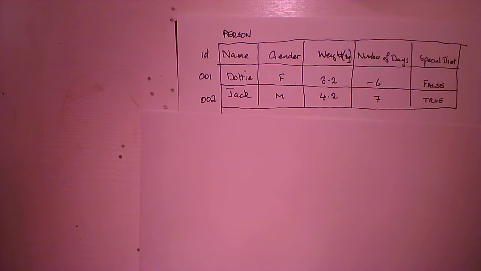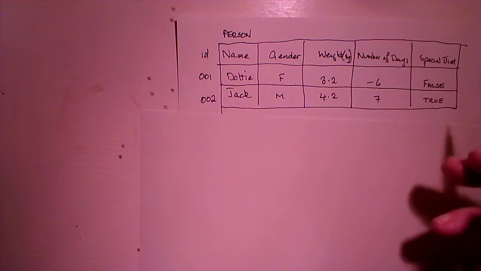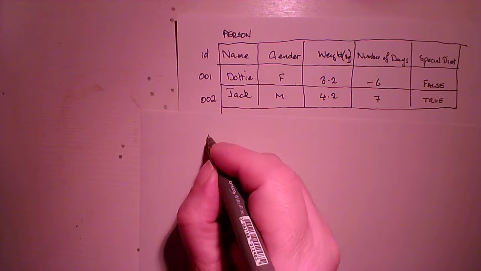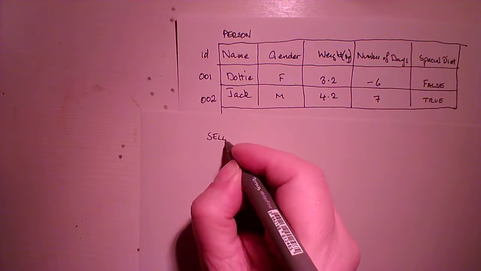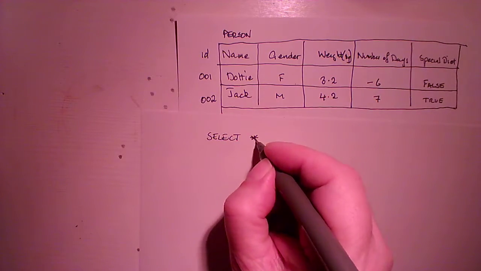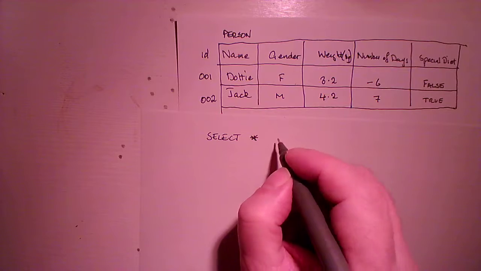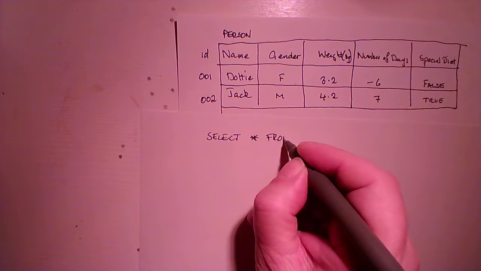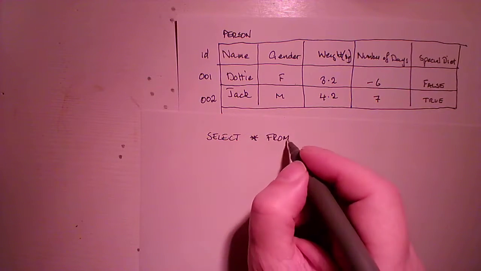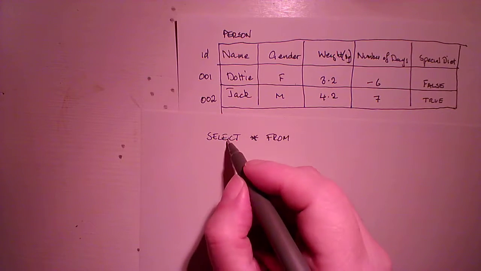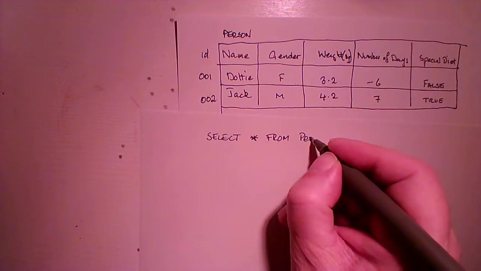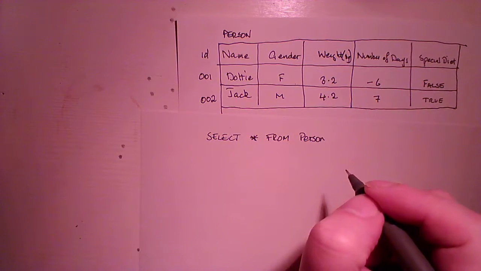I can do that with my Boolean field here, special diet. So I can start my clause, always SELECT, and this time I'm going to select all the fields with a wildcard. Always use FROM, so these two words are always needed. You can't use just one of them, you've got to use both in the same line. And we're running from the table,